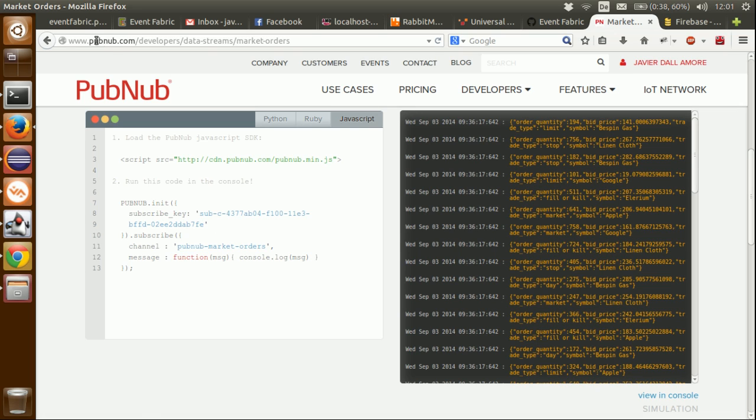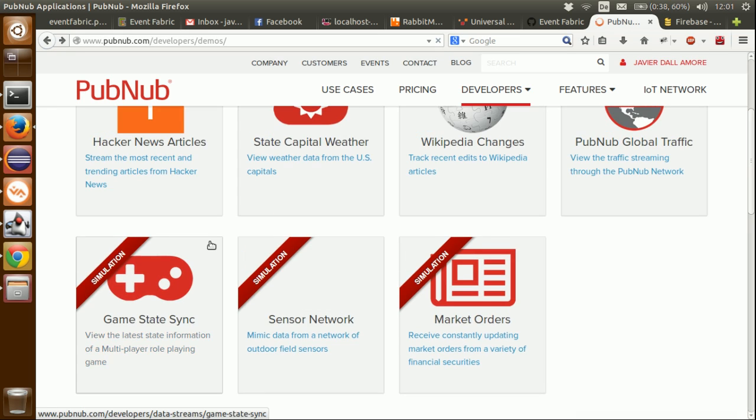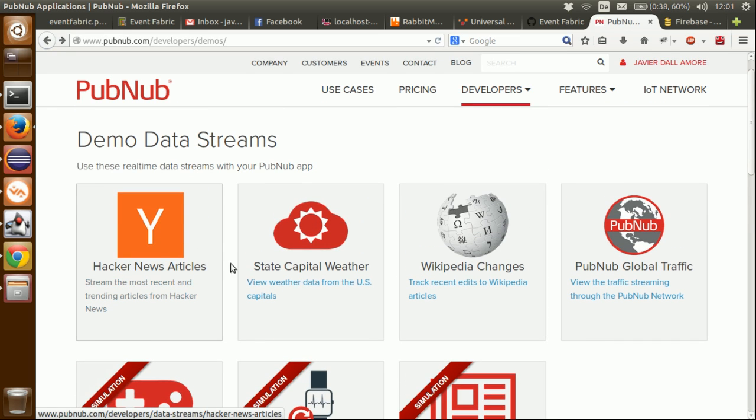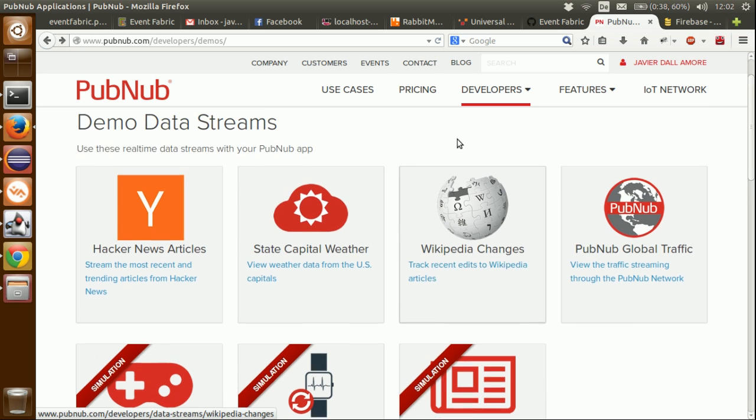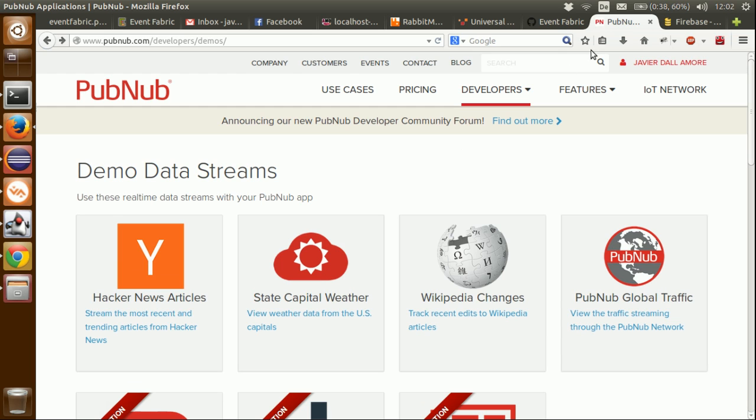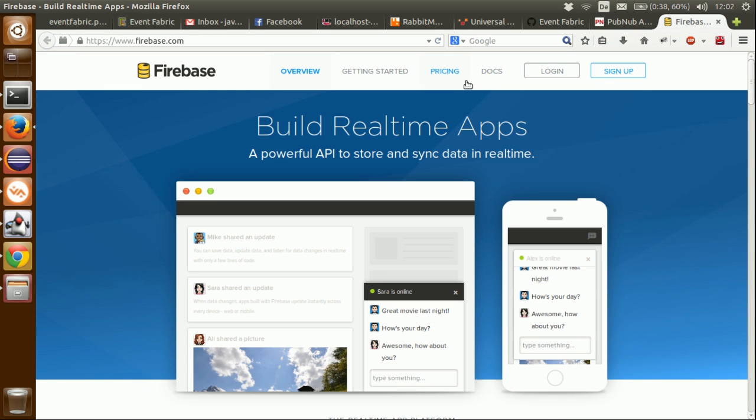If we go back, we can see that you have a lot of public information, like Hacker News articles, the weather, Wikipedia changes, and you can also create your own, or you can subscribe to a few that are paid also, and if it's useful for you, you can subscribe to that information. In the case of